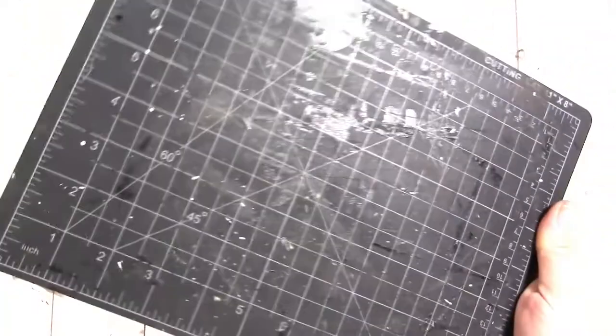So before I start, this is what you guys typically see, and this is a piece of poster board. It's a decorative poster board, and I change it out every once in a while, but it gets curvy and misshapen when I constantly spill water on it or ink on it or paint. So the reason why I don't put a regular craft mat down is because I have stained and ruined all of my craft mats, kind of like this one, where you see all the glue and everything on it. So if you're like me and you're a messy crafter, but you still want things to look good, you should